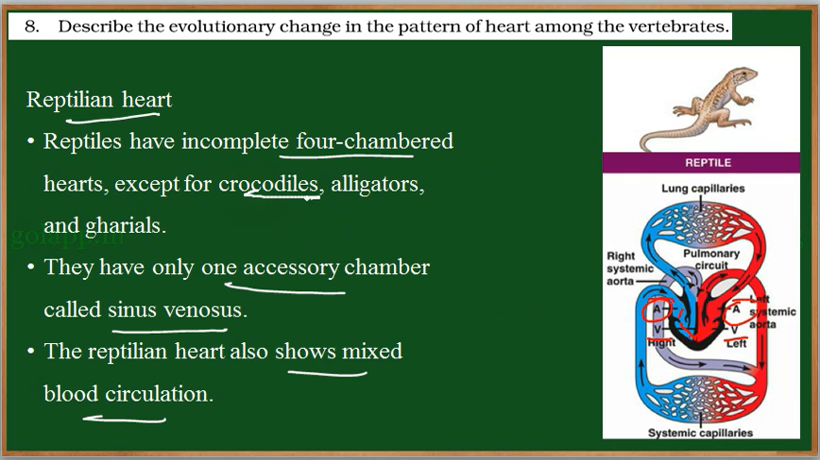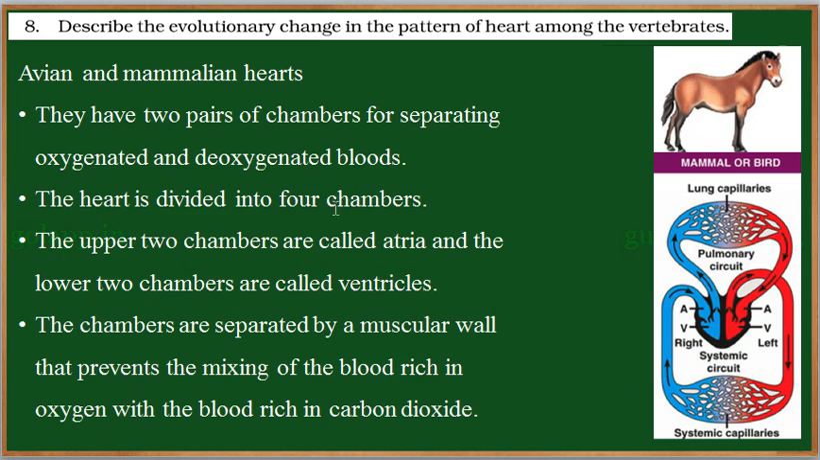But crocodiles and alligators are exceptions. So in crocodiles and alligators, the chambers are completely separated. So here they have a four-chambered heart. Apart from crocodiles and alligators, the rest of the reptiles have an incomplete four-chambered heart, or we can say a three-chambered heart. Now, the last one, coming to the four-chambered heart, this kind of heart is seen in aves